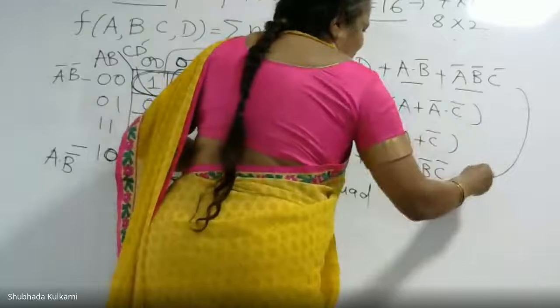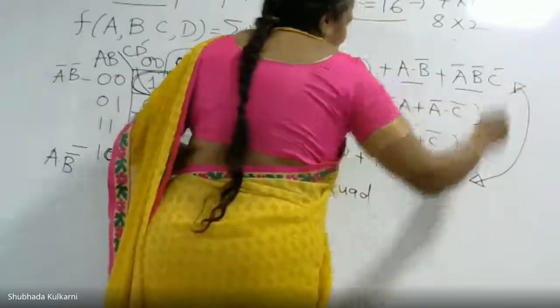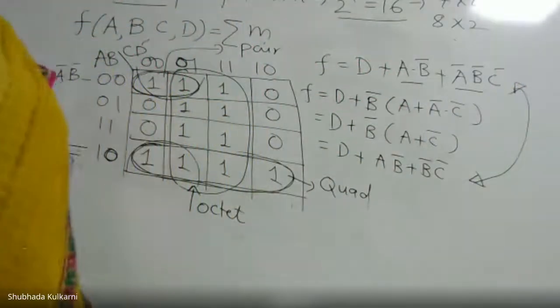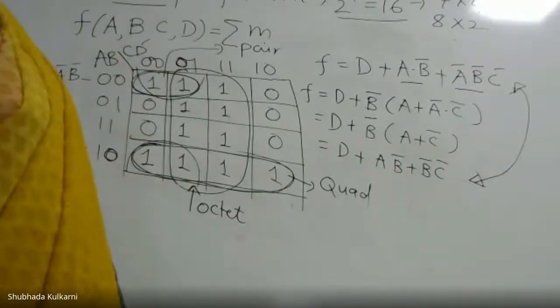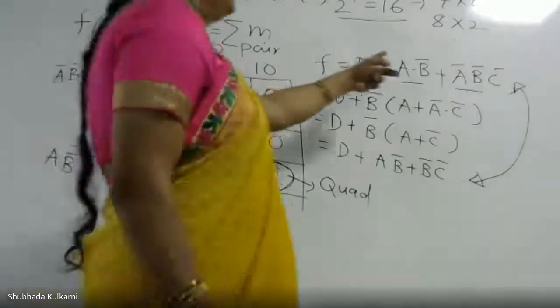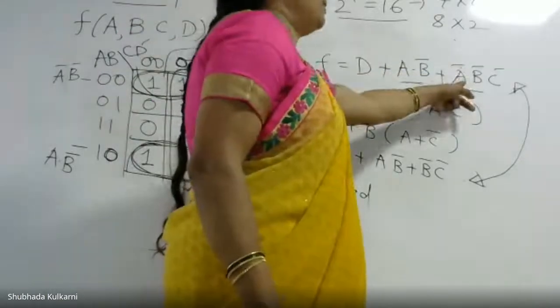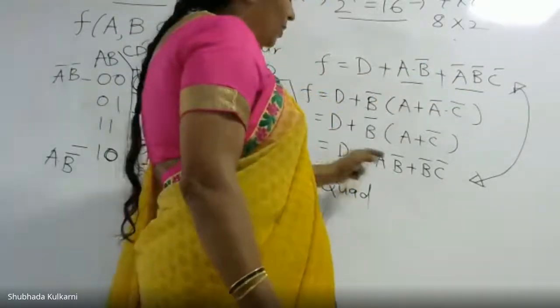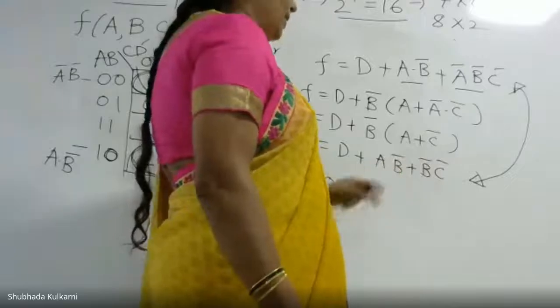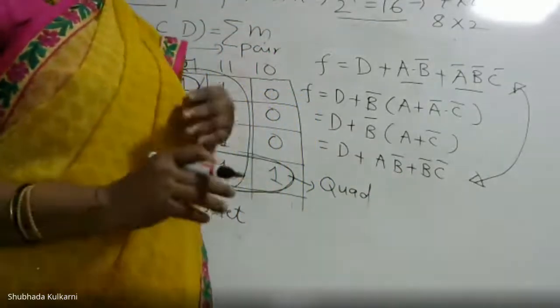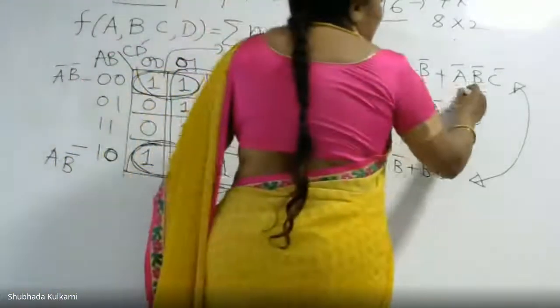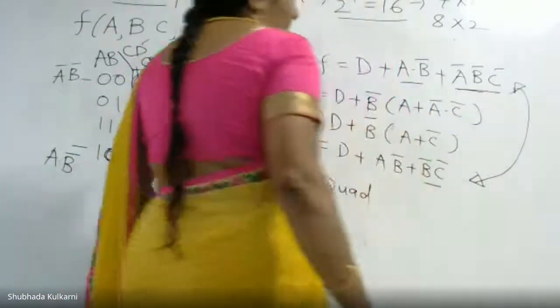Now, what is the difference between this and this? Both are equivalent, but what is the difference? Whether we have a reduced number of logic gates? No, because here there is an AND gate for this, an AND gate for this, and one OR gate. Here also two AND gates, one OR gate, and of course an inverter for the complement. But what is the change? You look here, there are three variables, here two variables.